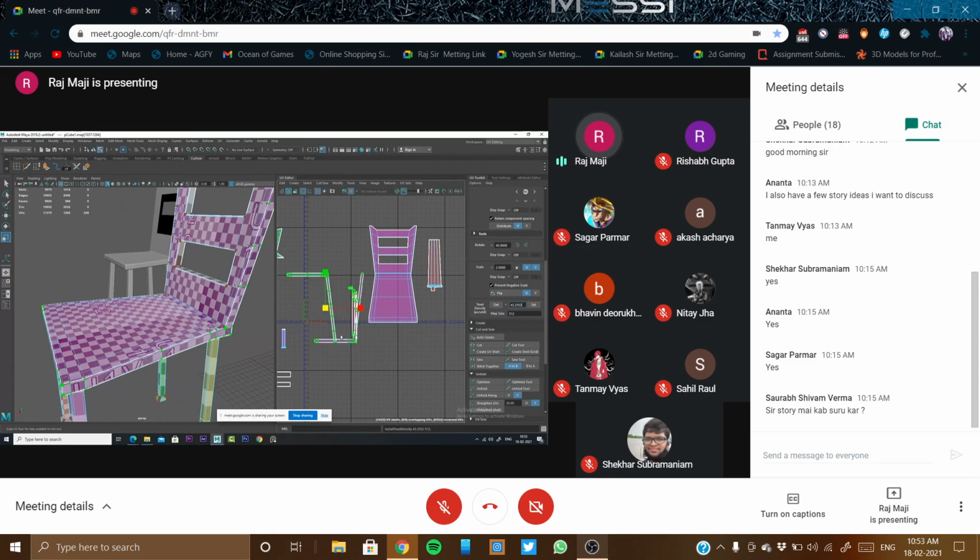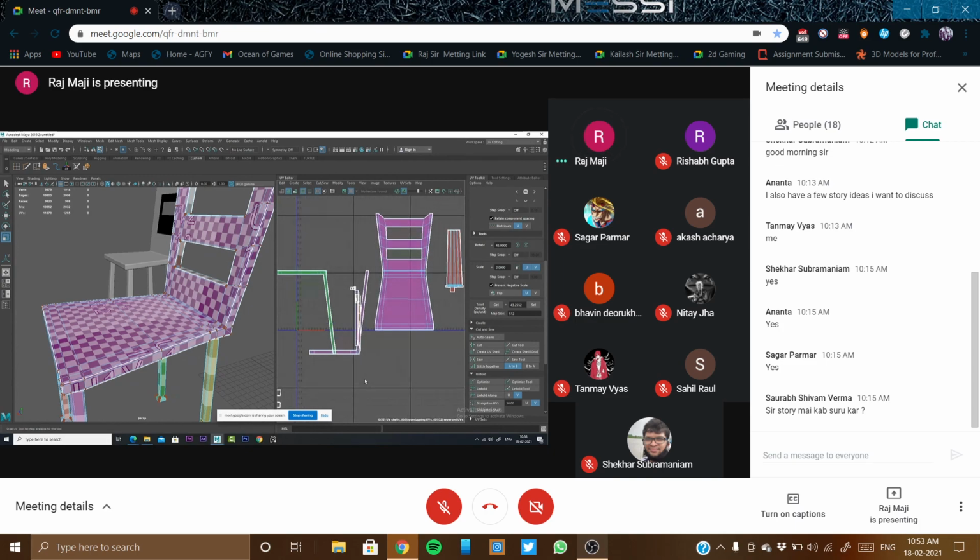So I have converted the texel density, same for both. Let me check once again for this. Yeah, this is fine. And for this, yeah, now both are the same.